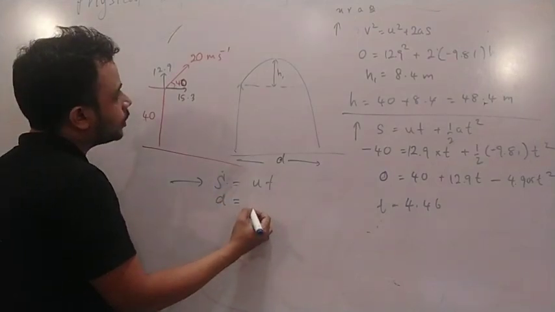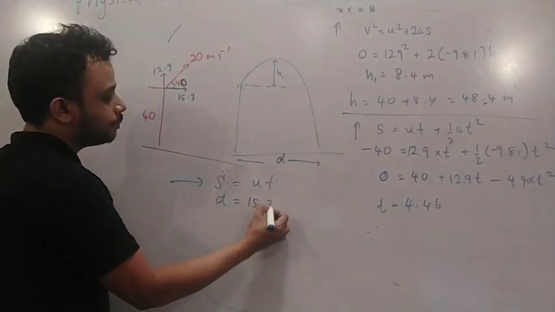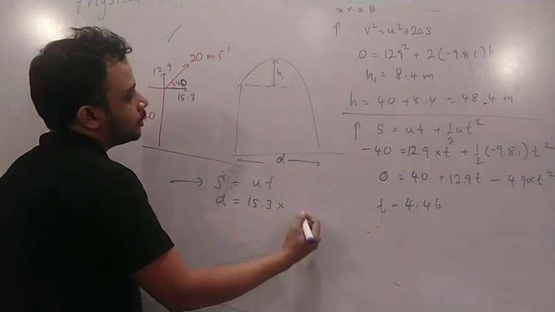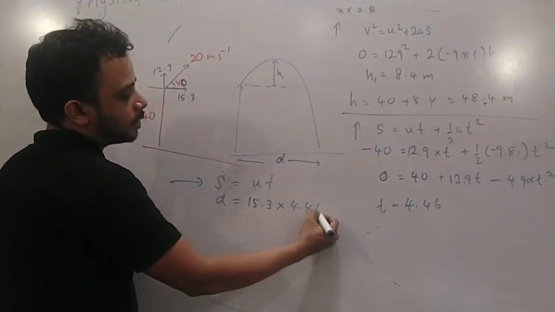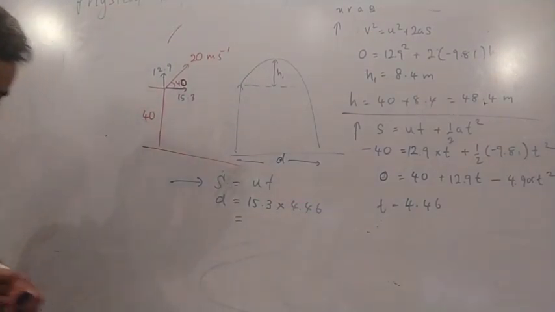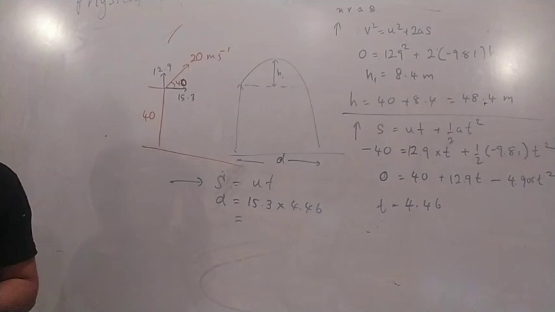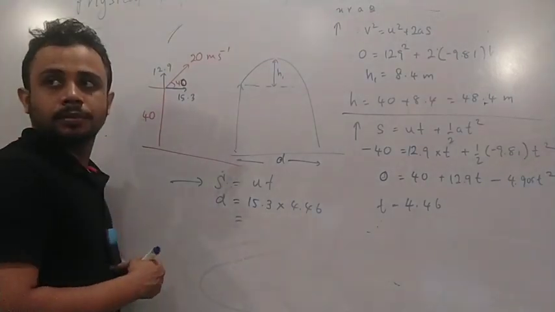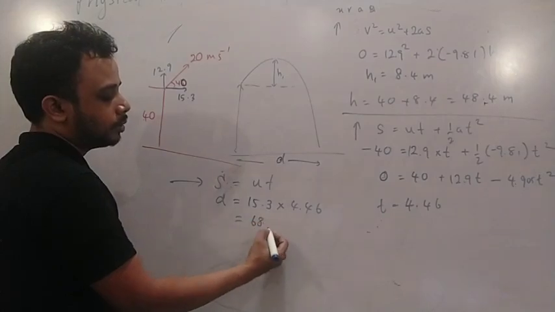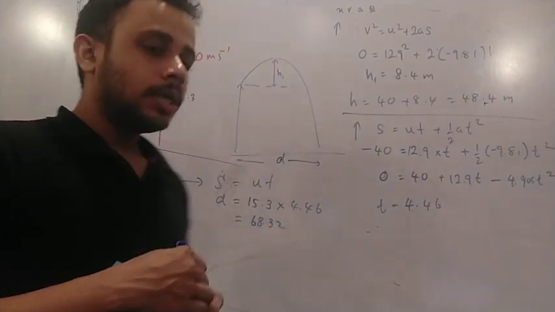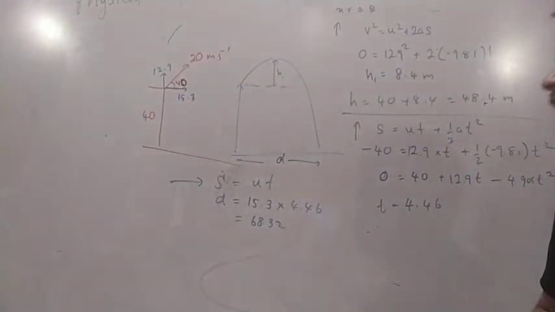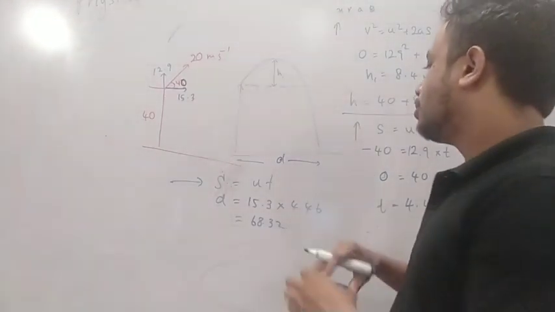Horizontal component is 15.3 and this time is 4.46. Yes, 16, 68.32. Right. One more there, right? Velocity again. So then we know again when it comes to this point,